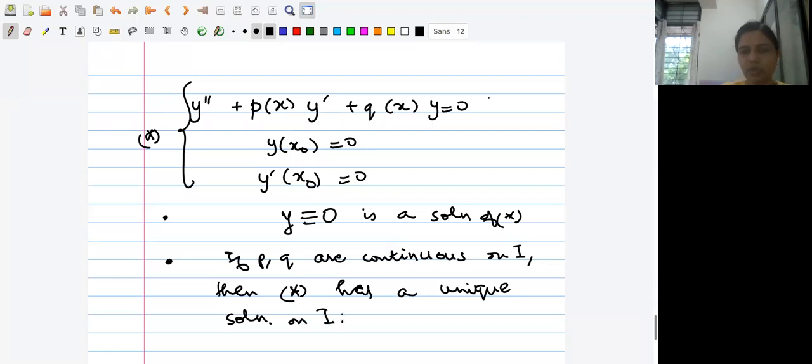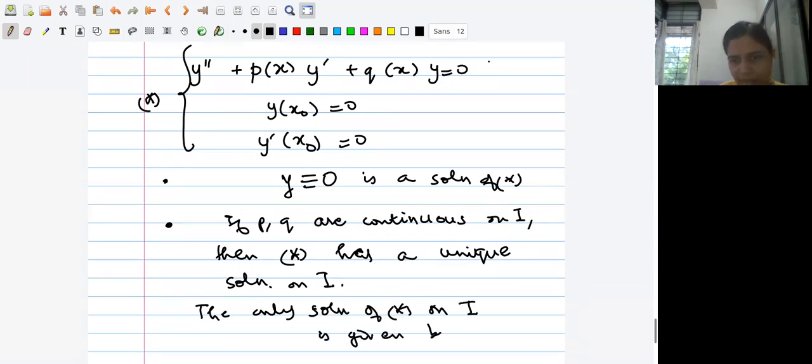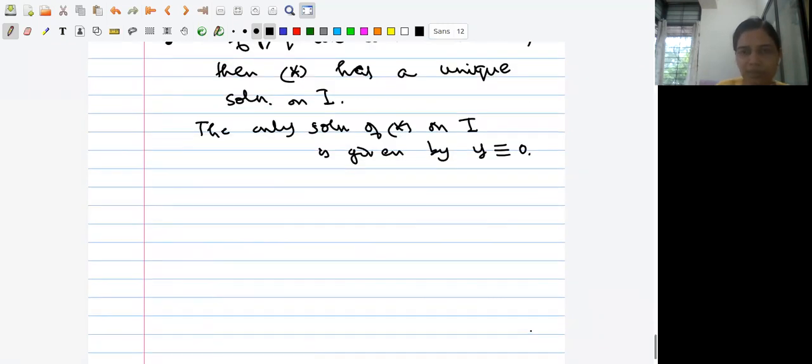Correct? That's by the uniqueness theorem. So that means that the only solution of this initial value problem on the interval I is given by y identically 0. Correct? But our calculations show that if you define u to be